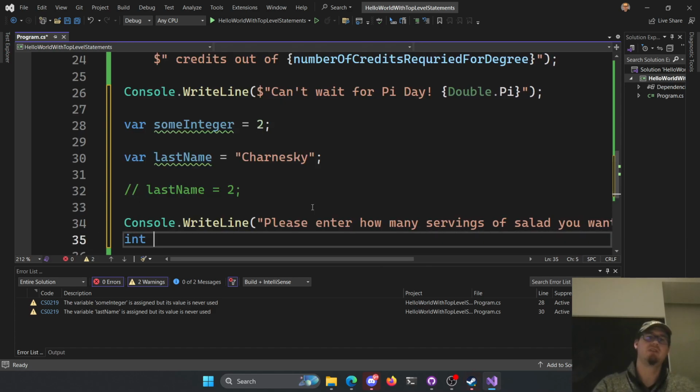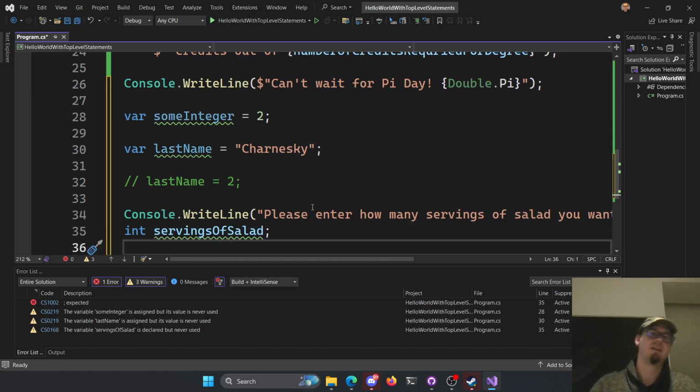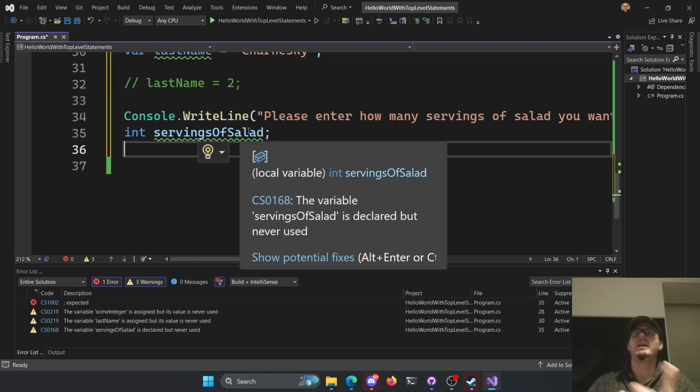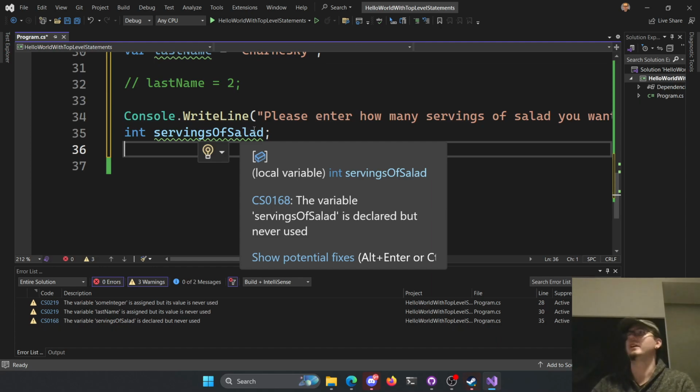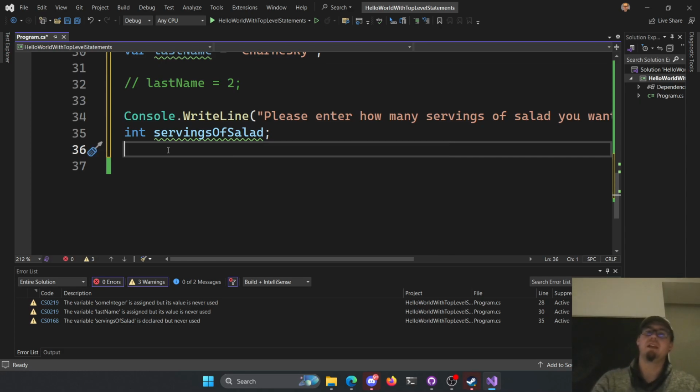So I'm going to pretend like I want salad. Okay, and I'll have an integer for servings of salad. This is making me depressed, even just putting it here, but that's okay. Now, again, I don't need to give it a value. I don't have to initialize it. I can just declare it like we did in C++. Here's a variable, I'll go assign it later. So to assign it now, I can say servings of salad is equal to